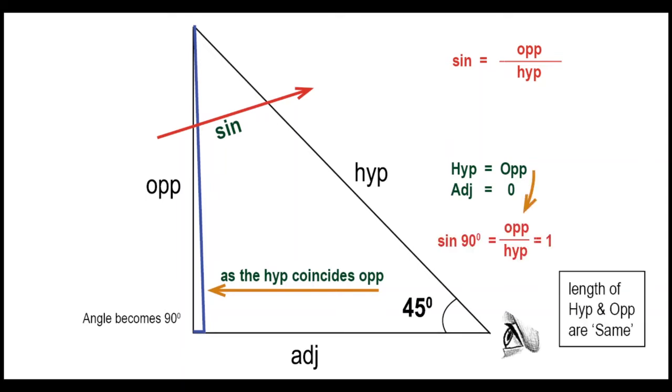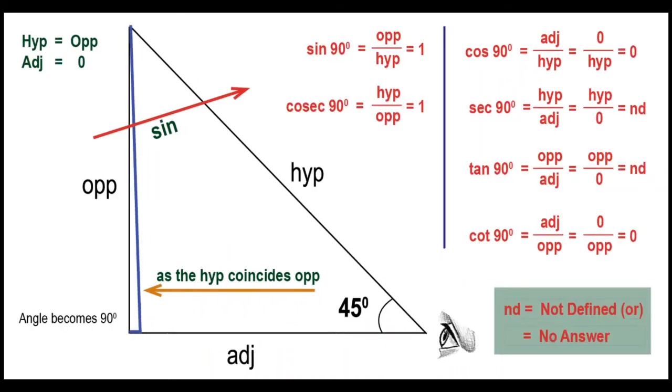Now, hypotenuse is equal to opposite. So, sin 90 degree is equal to opposite by hypotenuse, which measures same. So, the answer is 1. Keeping hypotenuse is equal to opposite and adjacent is equal to 0,